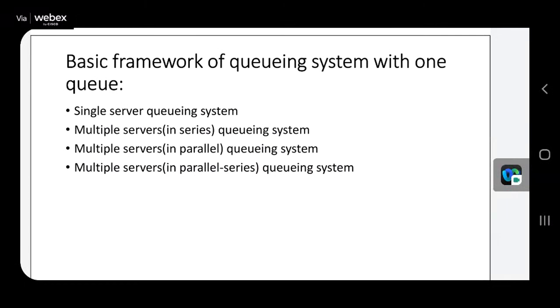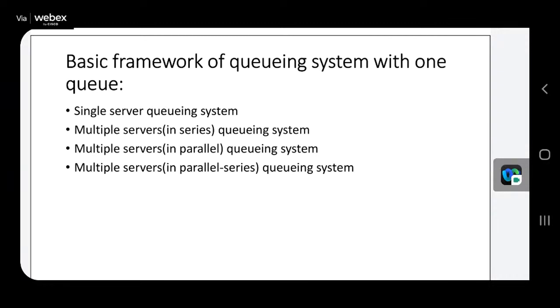There is a framework in which queues are managed, what I called service management, so that's what I'll explain here. Single server queuing system: say, for example, in a car wash there is only one place for the car to get washed, so it is called a single server. That means service is available only at that particular place.